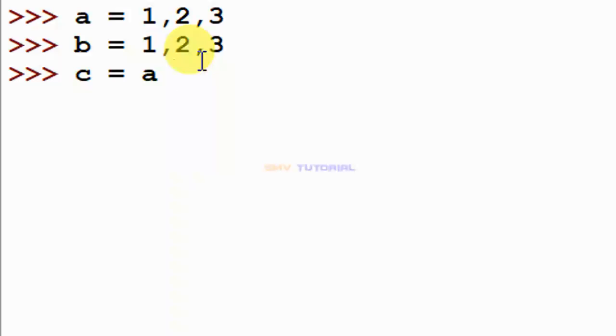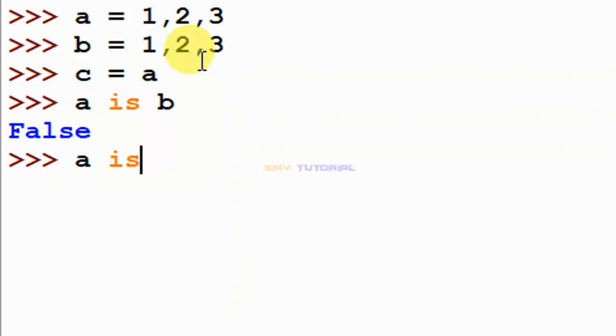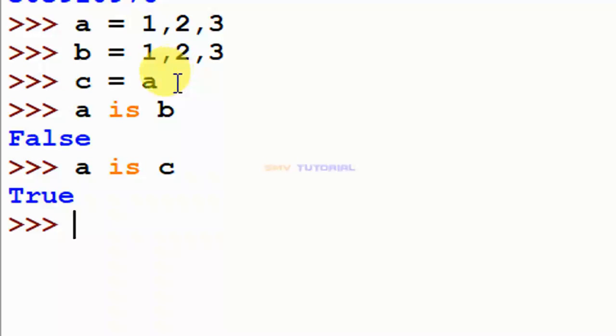Now I check the conditions. First, A is B is false. Next, A is C is true. Why? Because the same memory location ID is assigned to the C variable, so it is true.